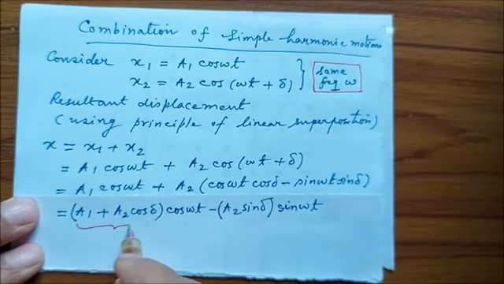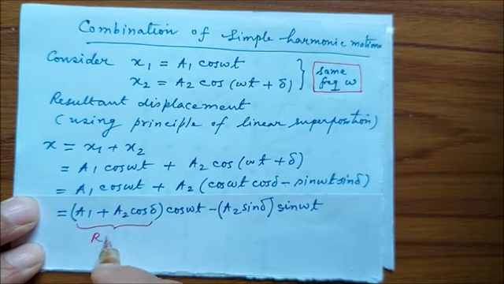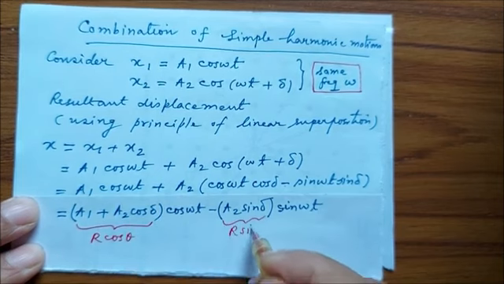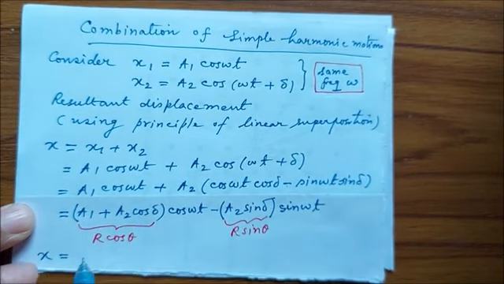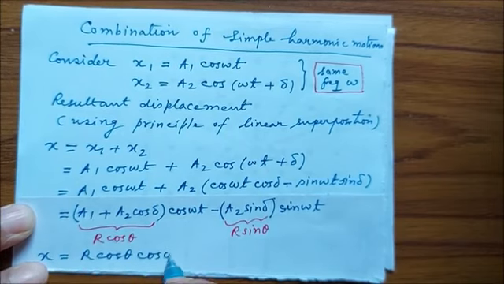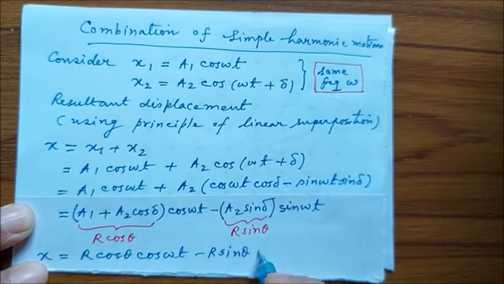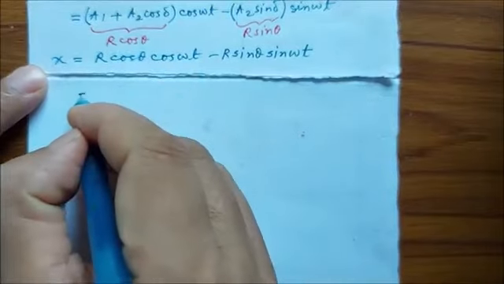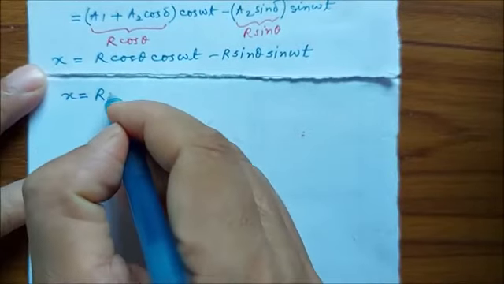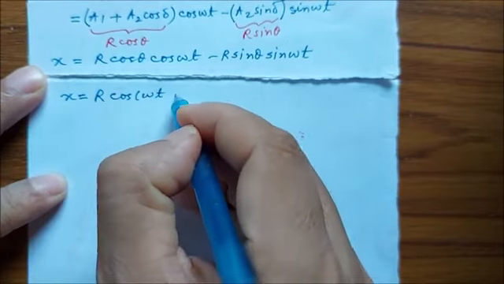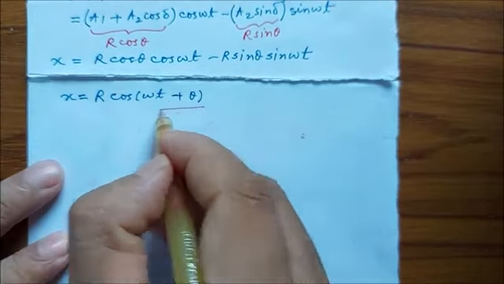Let us define this to be r cos theta and this to be r sin theta. So we end up with, taking r common, x equal to r cosine omega t plus theta,